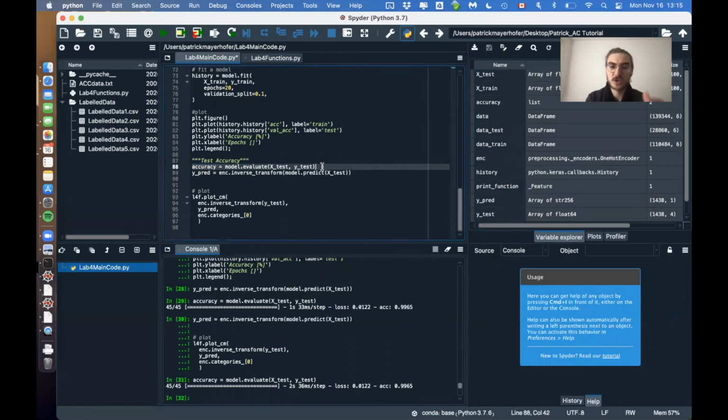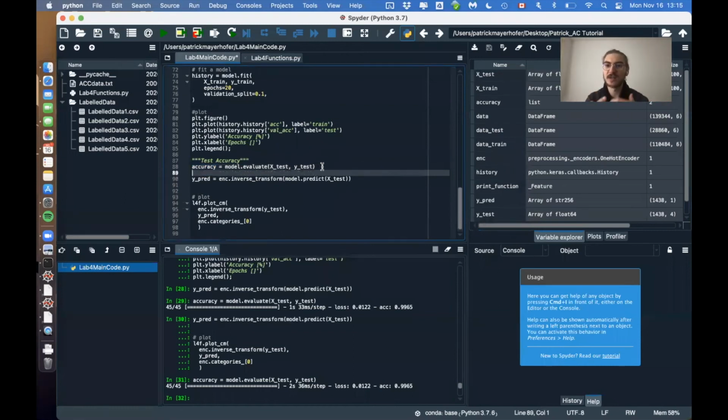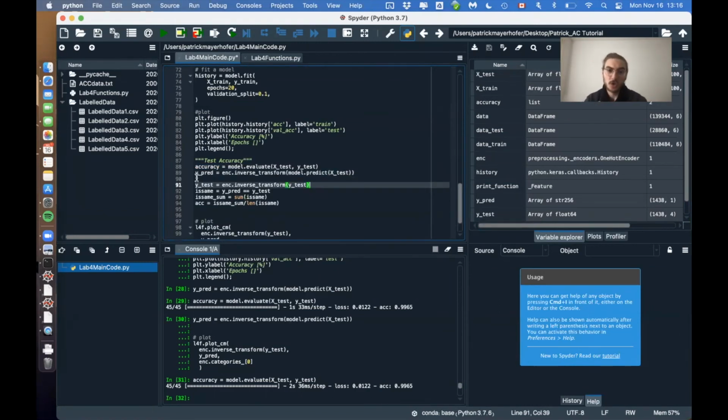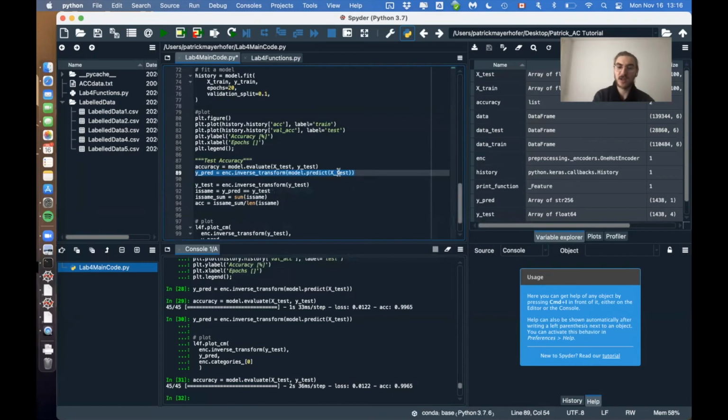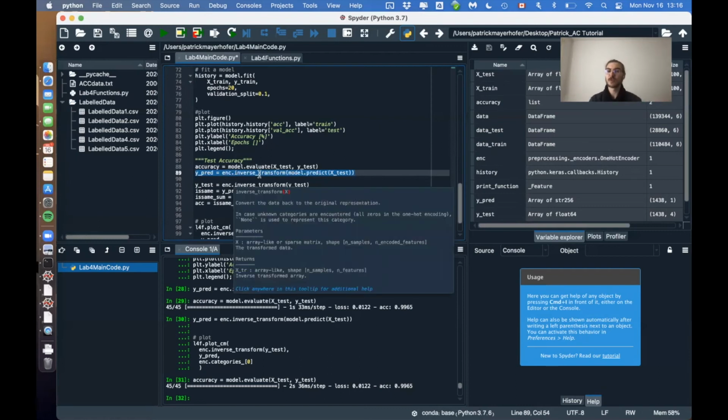Before we go on with this, I want to show you how you can also calculate the accuracy by yourself, by hand, basically. To do this, we just calculate our predictions. In this line, I'm actually doing two things at the same time. First of all, I'm predicting, for the accelerations of each window, which activity it is. And then I'm also back transforming it already. Back transforming means that my result won't be a binary 0, 0, 1, 0, but it will already tell me if it's standing, walking, or whatever. So if I run this here,